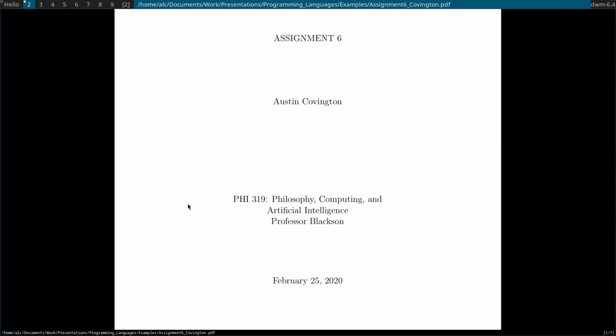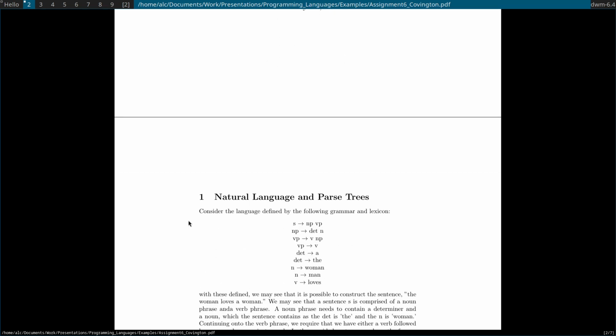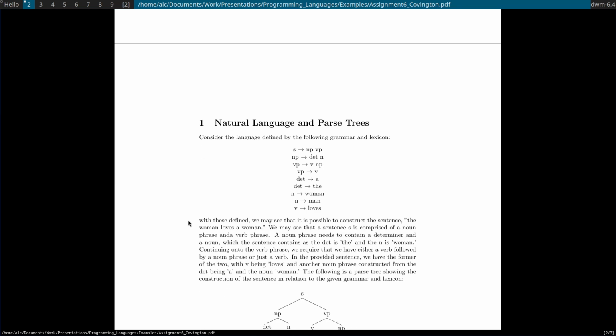So let me go up here. This is about natural language processing in Prolog. In the English language, sentences are made up of noun phrases and verb phrases, and then we have to define what all of those things mean. So this is kind of like Backus-Naur form.